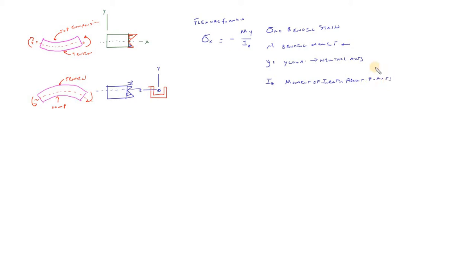So I wanted to touch on that just a little bit, to show why we're computing this. You had to compute the centroid, and that's your neutral axis, and then you have your bending moment, and now we're computing our moment of inertia. I wanted to throw this all in before I went into the next example,